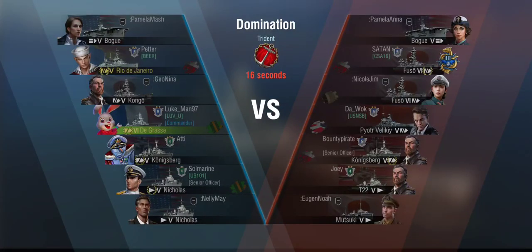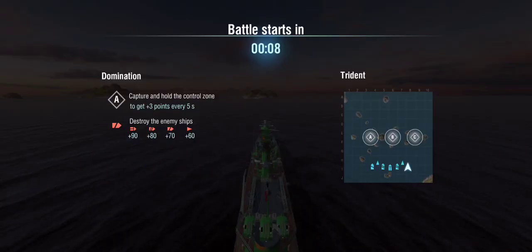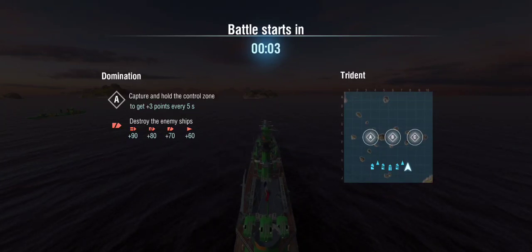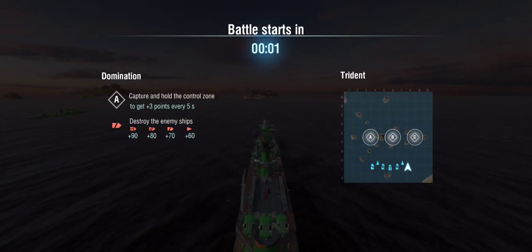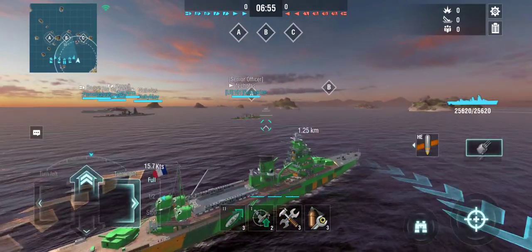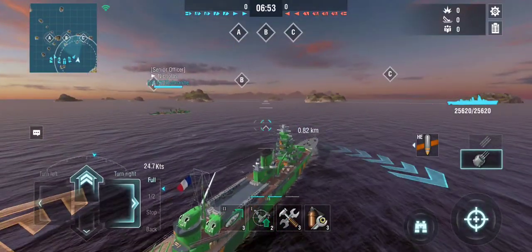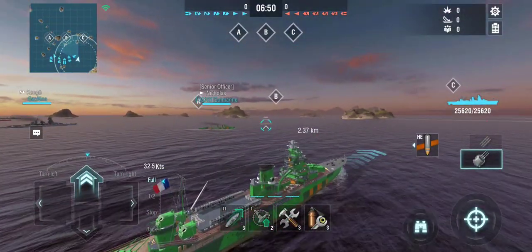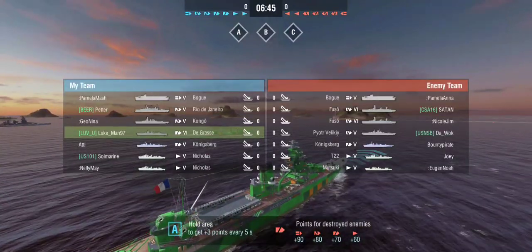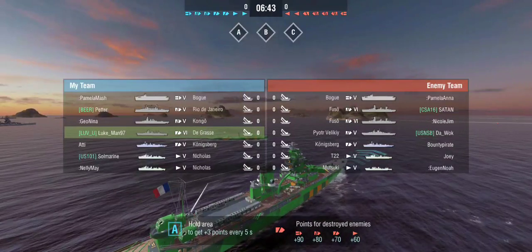Okay, so we're up against Bot Bogue, Fuso, Bot Fuso, Piotr Veliki, Königsberg, T-22, and Bot Mitsuki. We're playing Domination on Trident. So I'm probably going to go for C-Cap because that's the one I'm spawning on. But let's go. Yeah, I'd recommend leaving it on HE, obviously. Okay, let's wait till we get up to full speed, then we'll use the engine accelerator. There we go. But you don't really have to be too conservative with your engine accelerators because you have